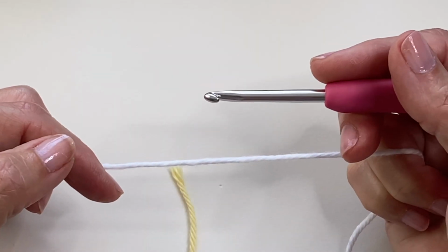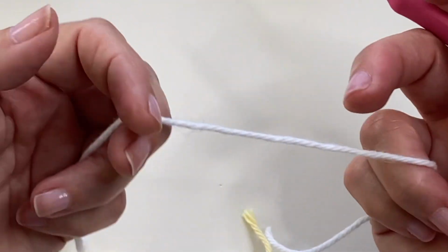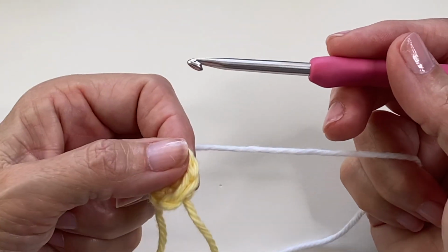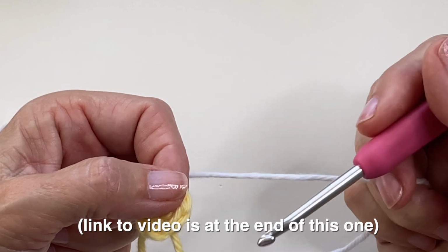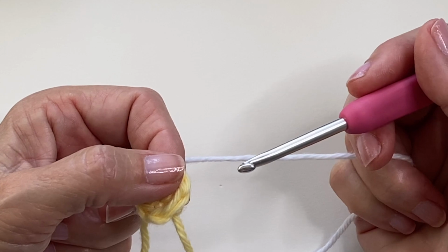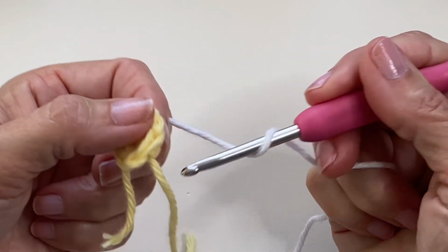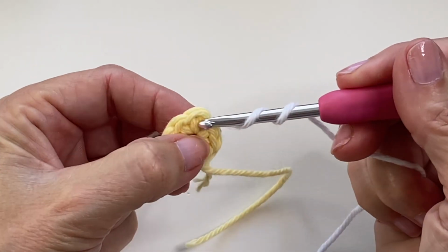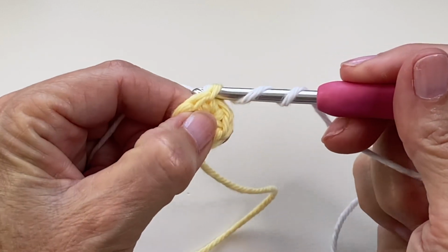To do a standing double crochet, you can either start with a slip knot on your hook, or you can do it without a knot, and that's what I'm going to do here, just because I like the look of it more. Now it is a bit fiddly, so if you don't like that, I'll show you how you can do a standing double crochet with a slip knot on the side, completely up to you. And like I said, you can also start with a chain 2 if you would prefer. Wrap the yarn around your hook twice, making sure that the working yarn is in front. Now going into any stitch that you like, go through,